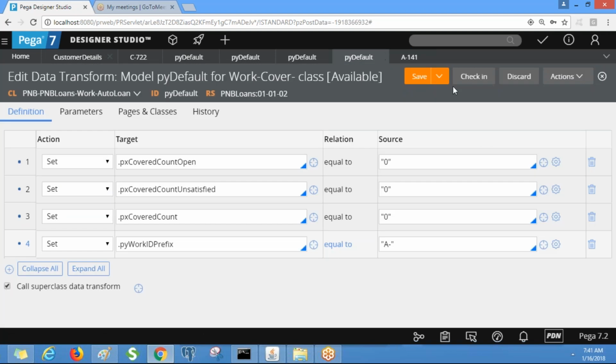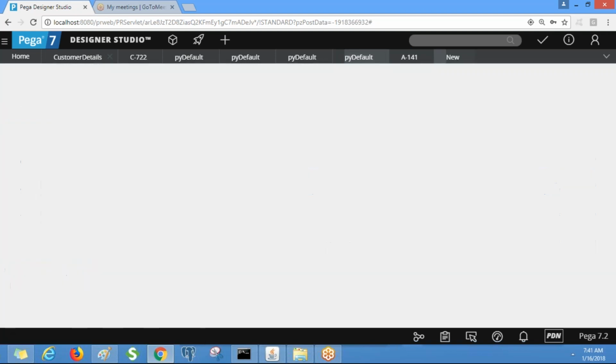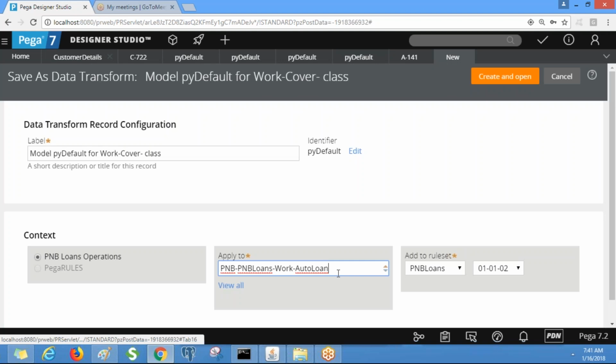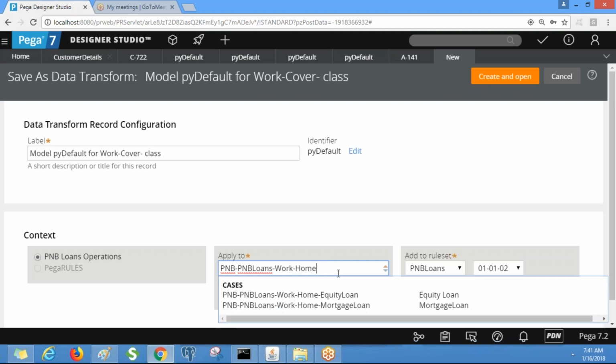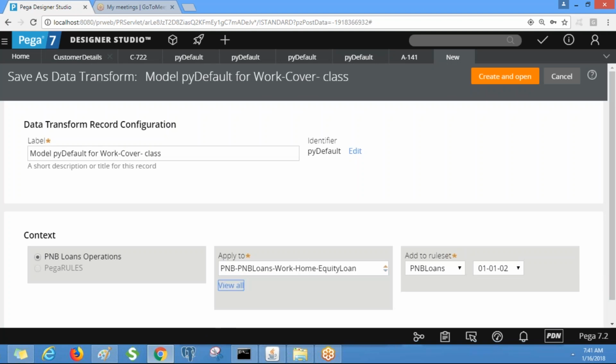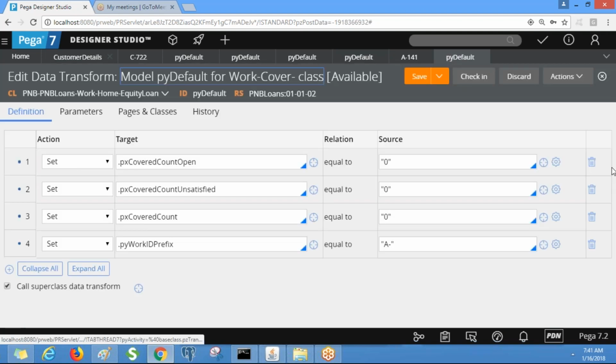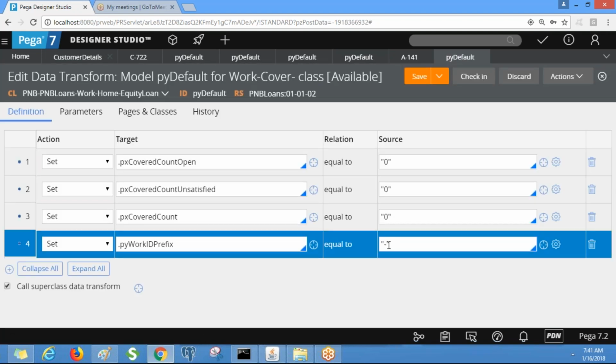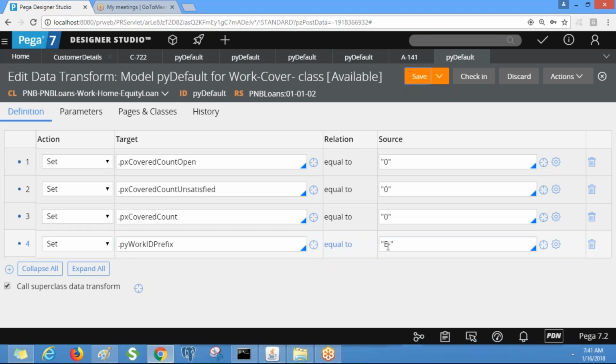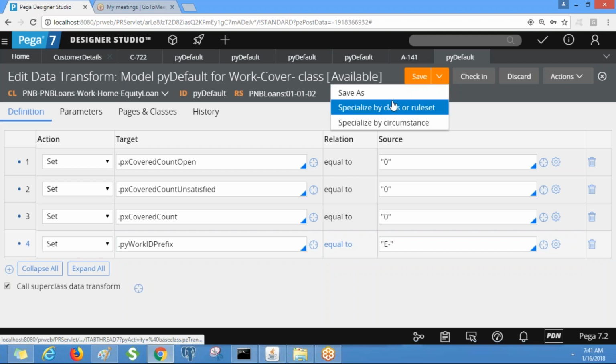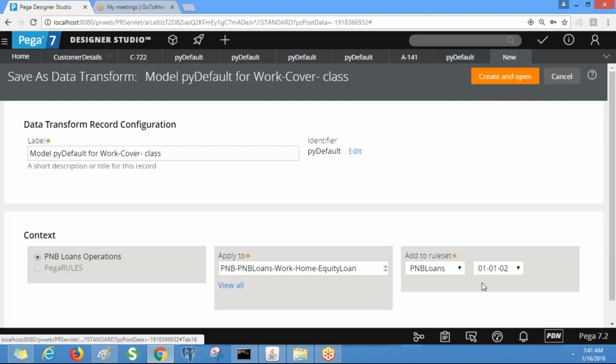Similarly, I am going to save as this into equity and mortgage. For equity, I am specifying E dash as the work object ID prefix. Similarly, I am going to specify M dash as the work object prefix for the mortgage loan.